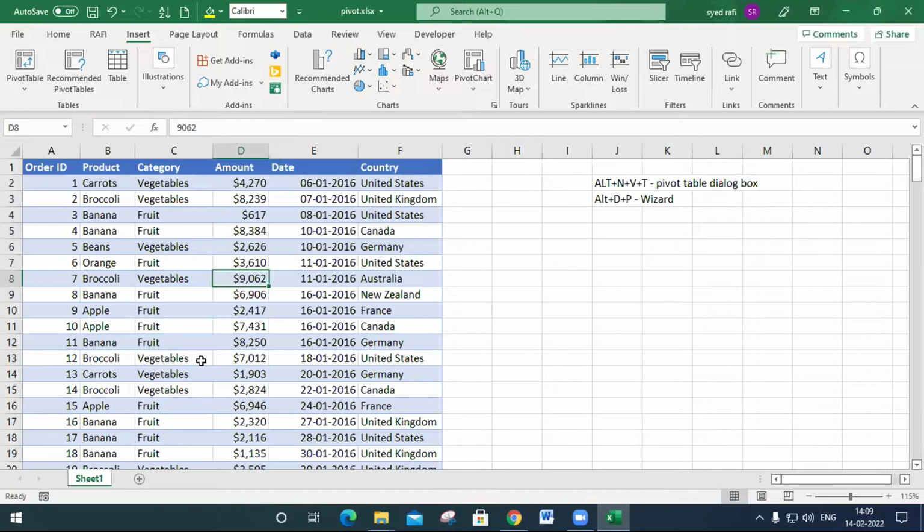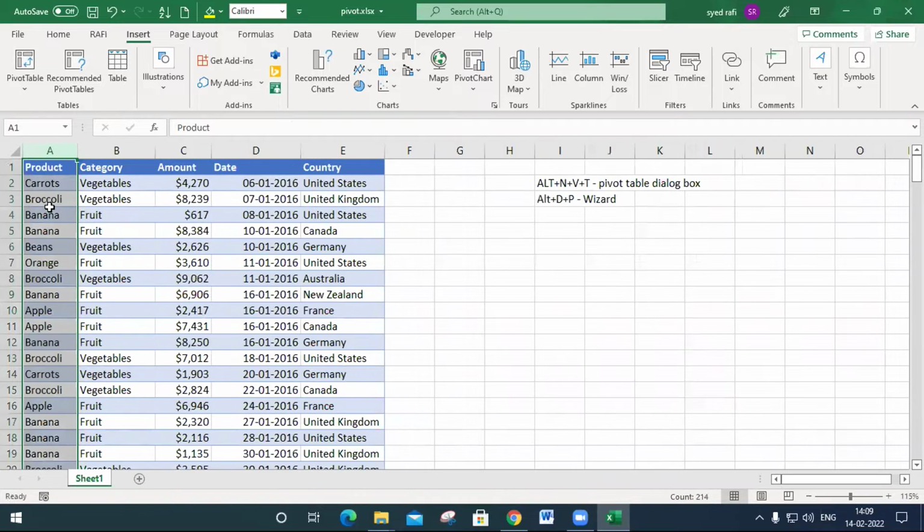So this is the table. I don't want to include this part, so I remove it. You must understand this table.